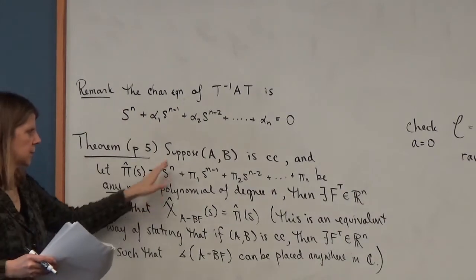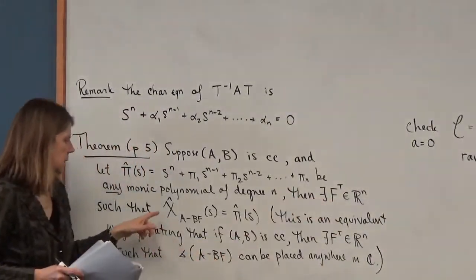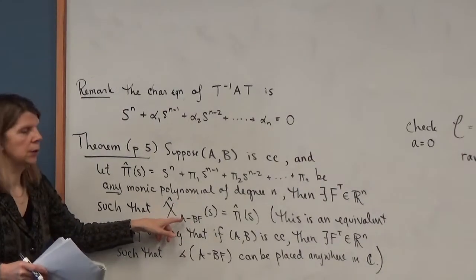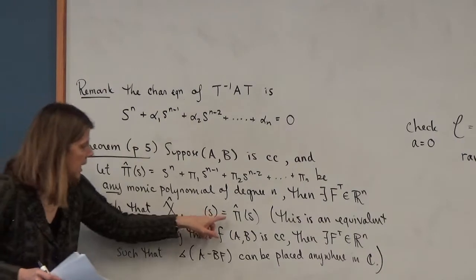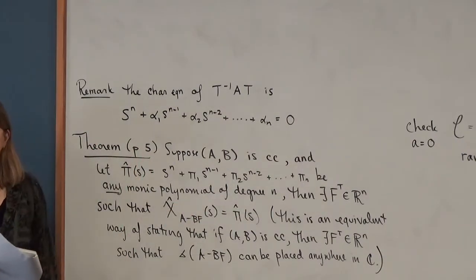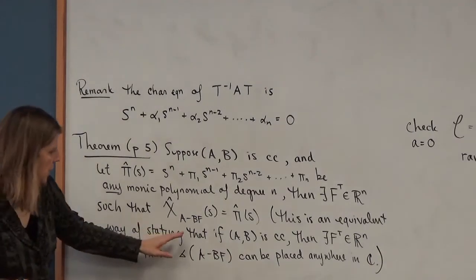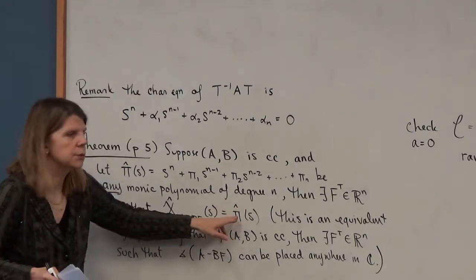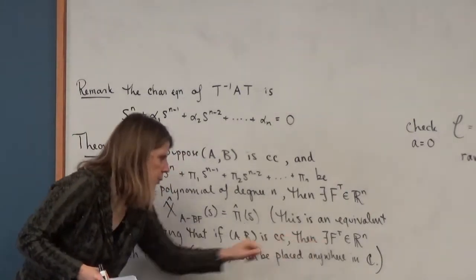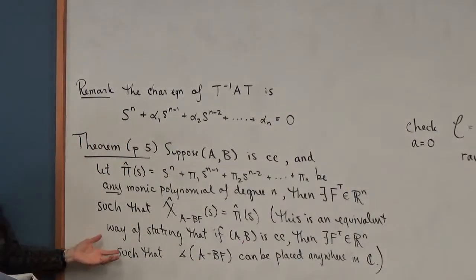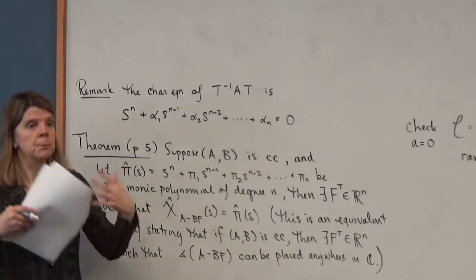Then if the system is completely controllable, you can find a feedback gain matrix such that the characteristic polynomial of your actual closed loop system, A minus BF, is that monic polynomial that you've chosen. But that's equivalent to saying, because there's n roots of this, that if the system's completely controllable, then you can choose a feedback gain matrix that puts the eigenvalues of the closed loop system anywhere in